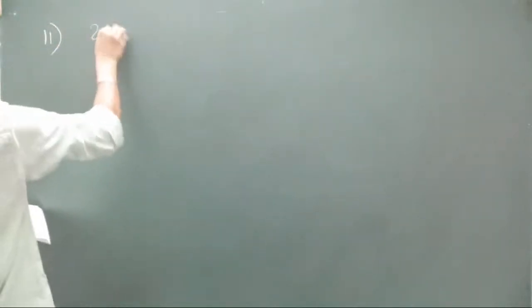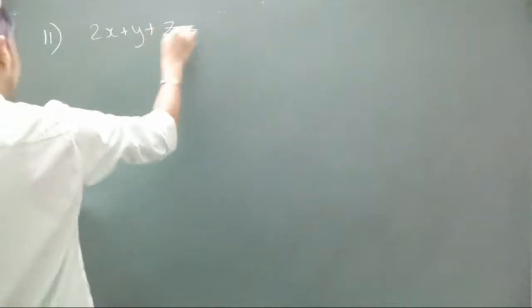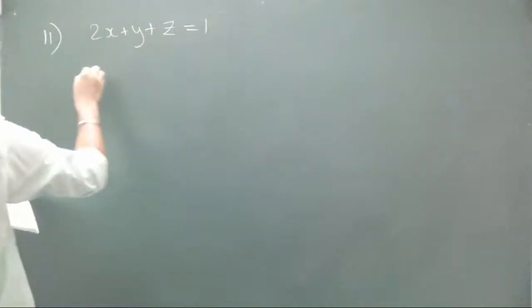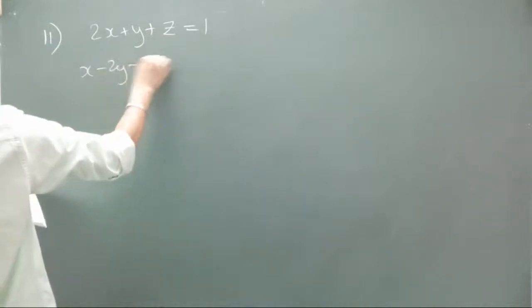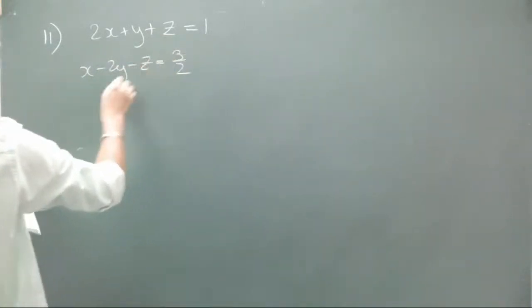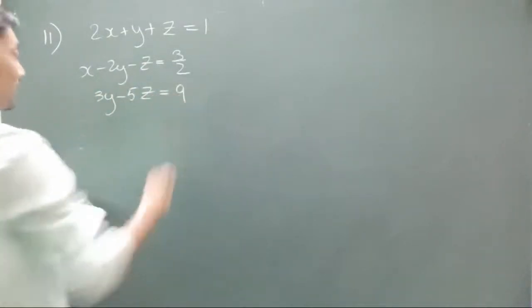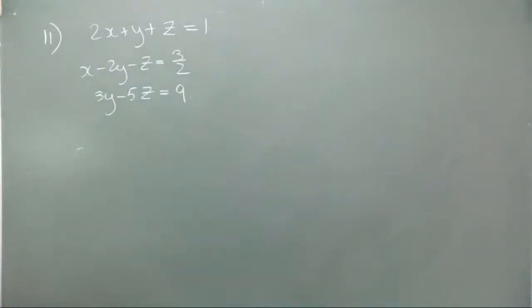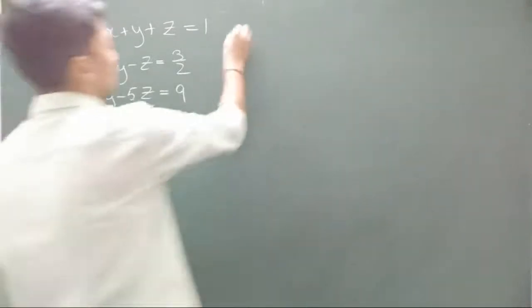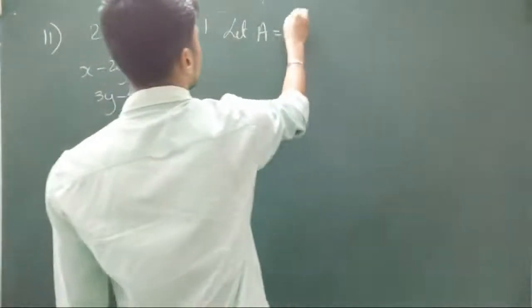So now let's move on to a 3 by 3 matrix. 2x plus y plus z is equal to 1. x minus 2y minus z is equal to 3 by 2. 3y minus 5z is equal to 9. I'll just write here, let A be equal to,